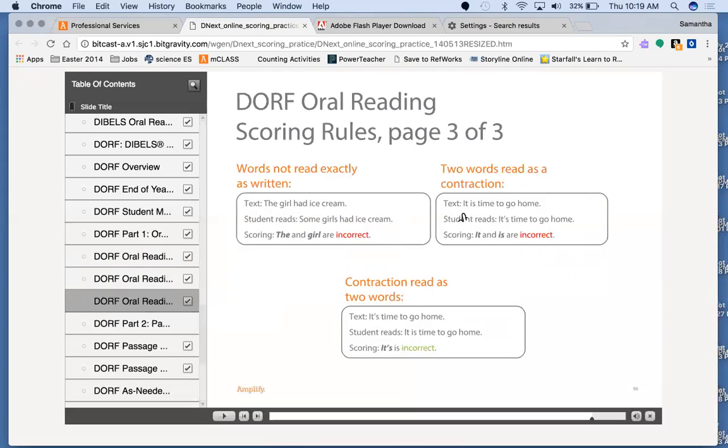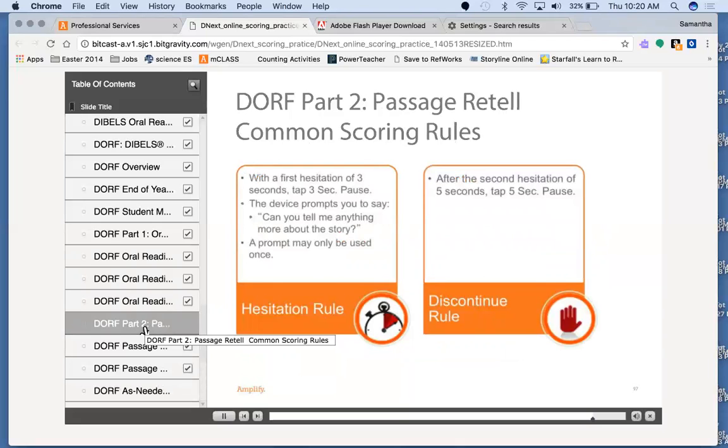Two words read as a contraction. It is time to go home. Student reads, it's time to go home. It and is are incorrect. Contractions that are read as two words. It's time to go home. Student reads, it is time to go home. You're going to mark it's as incorrect. Okay, with a first hesitation of 3 seconds,